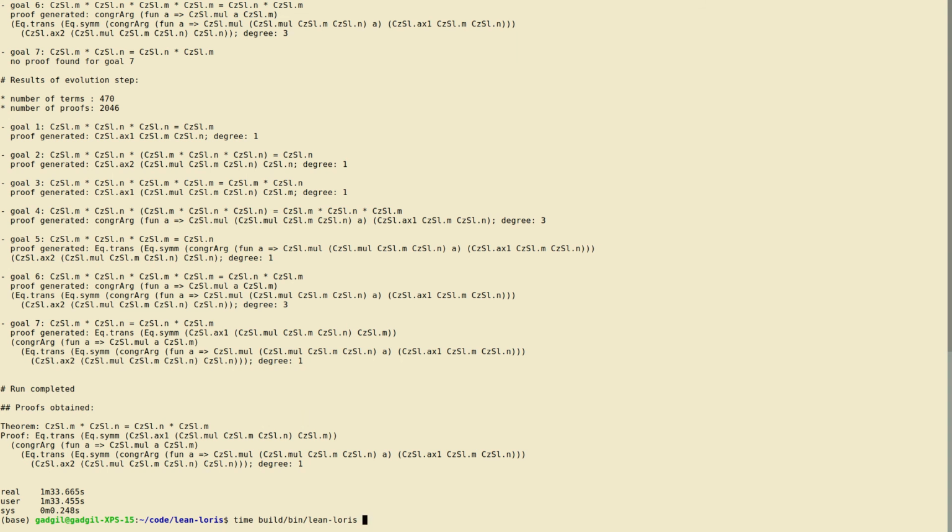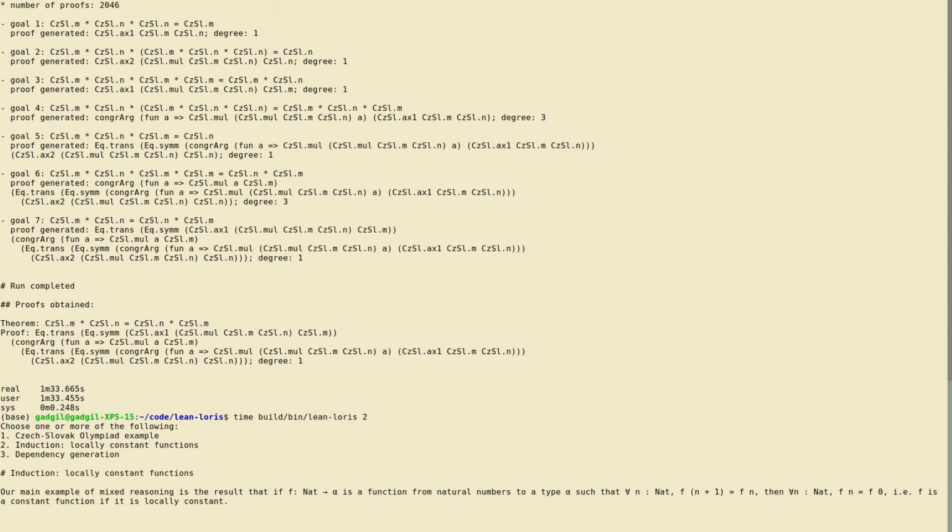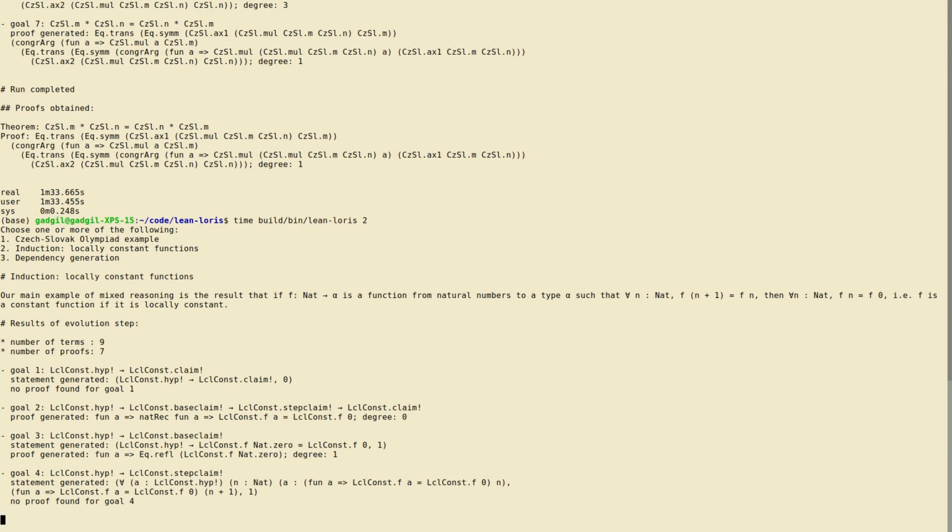This was the forward reasoning. This is the main one. The second one is much quicker actually, and so I'll state the statement before running it. It says if I have a function so that f of n plus 1 is f of n for all n, it's a function on natural numbers, then the result is constant. If you run it, it will tell you the statement.